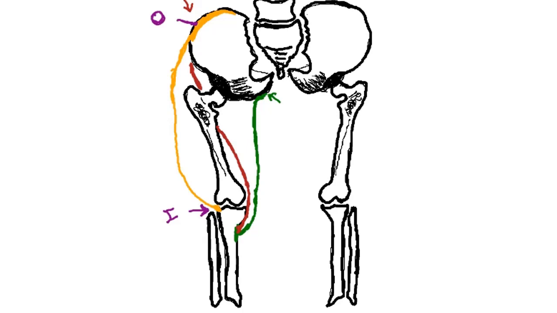So if a muscle can only shorten, here's the iliotibial tract shortening. If the muscle can only shorten and it inserts down here at the tibia, then when this muscle is in action, it's going to pull this entire leg up